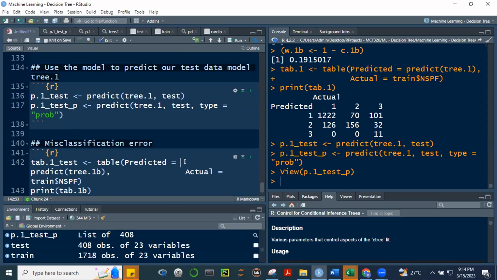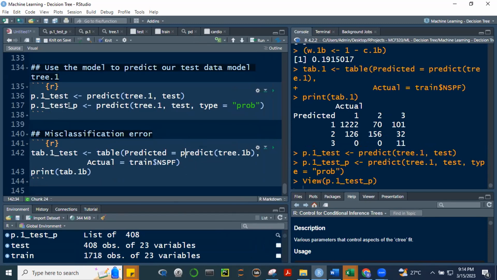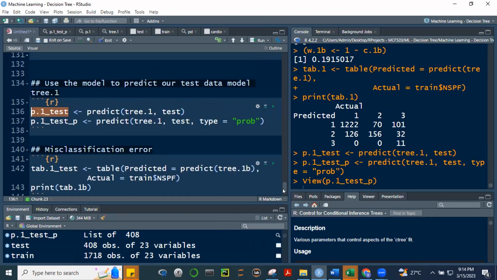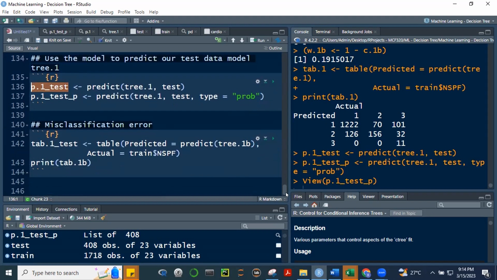Okay. Ang predicted natin is, table natin predicted is, sorry, this is 3.1.